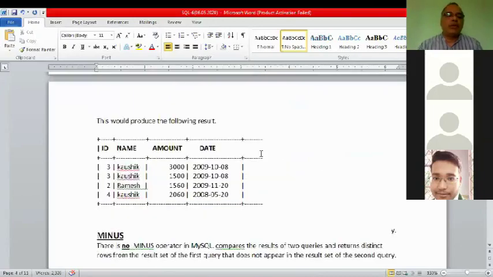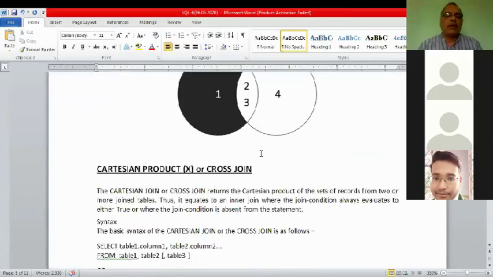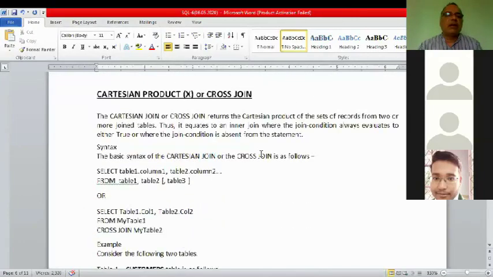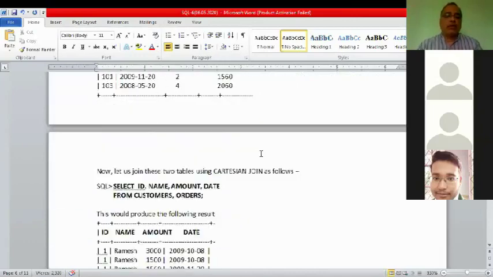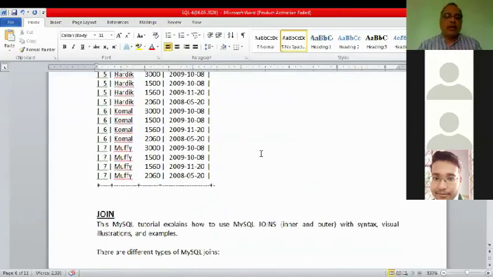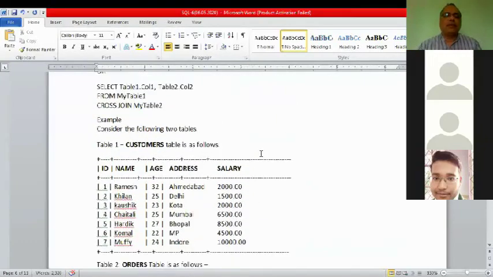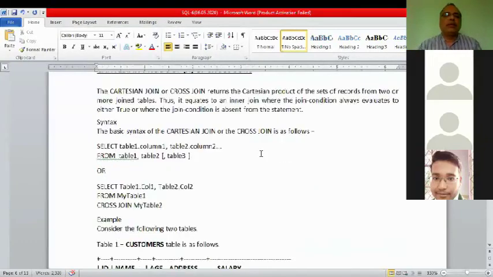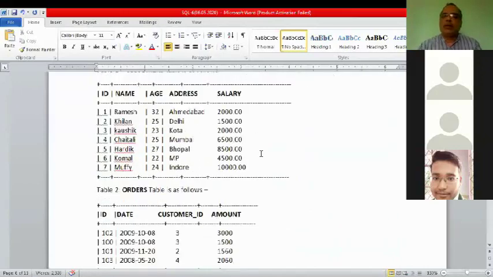Yesterday, where we stopped, I think it was Cartesian product. Yes, yesterday we stopped at Cartesian product, also called cross join. I think I have explained it and all of you remember.